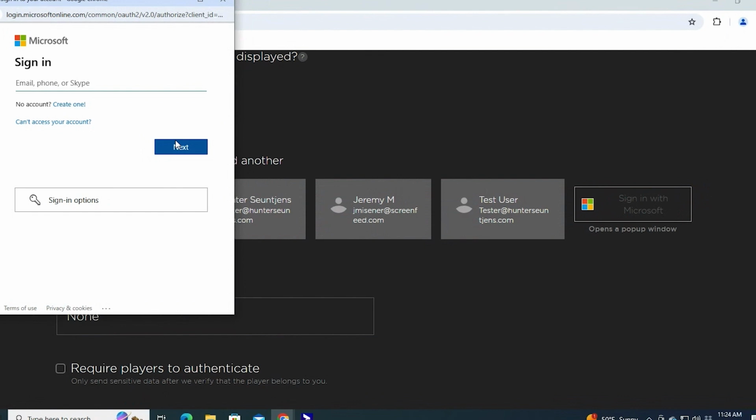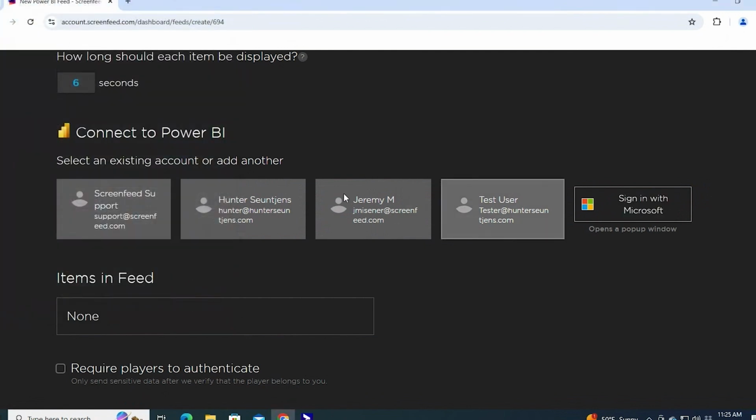So if that's not you, if it's your IT department or something, you'll need to let them know that this can be scaled down by the user using Microsoft Entra, and it is a user that only needs read access to specific reports. So they can even spin up a second user that just has that access plainly if they're very concerned about security. So we'd sign in with the email address and the password for that user. And then it will show up here under your accounts that are connected.